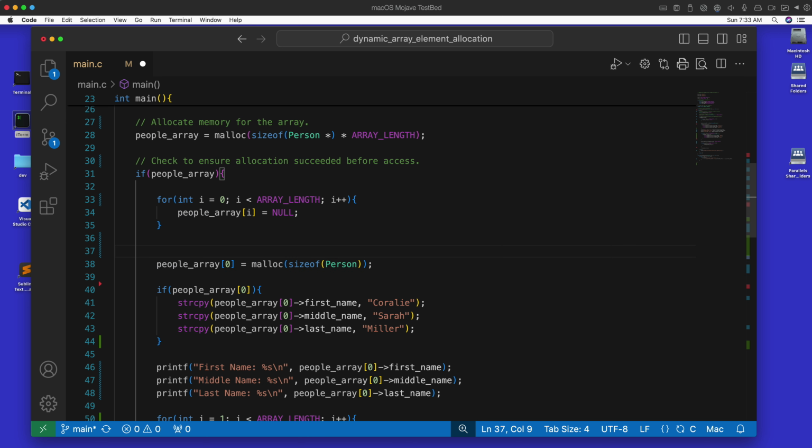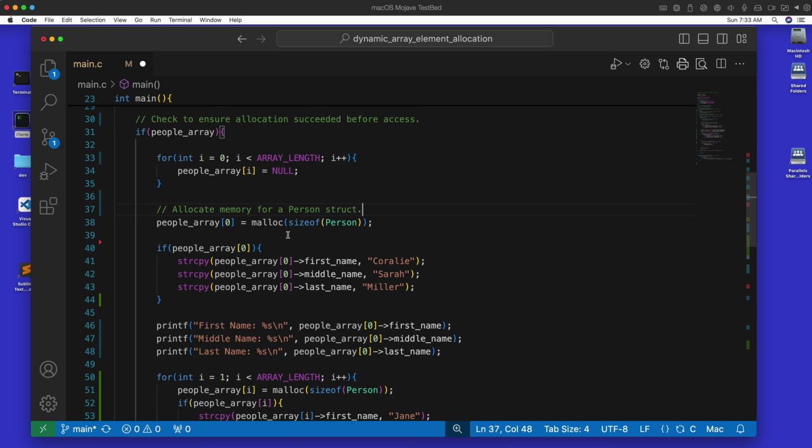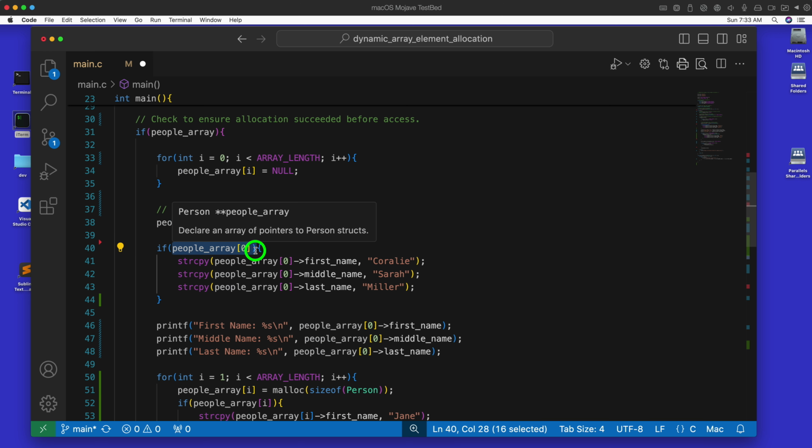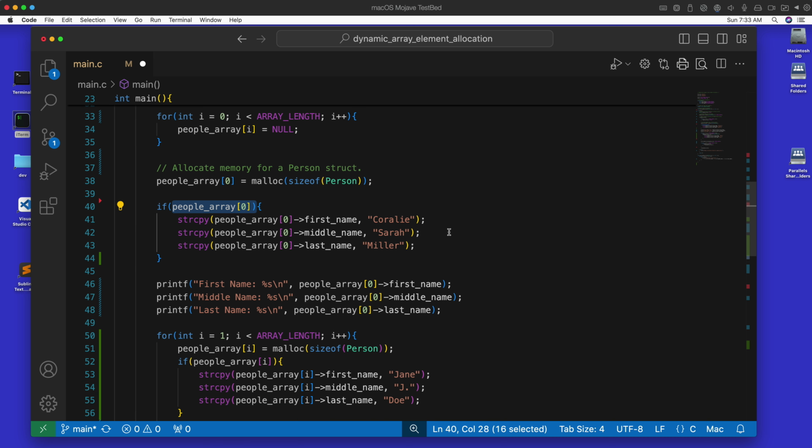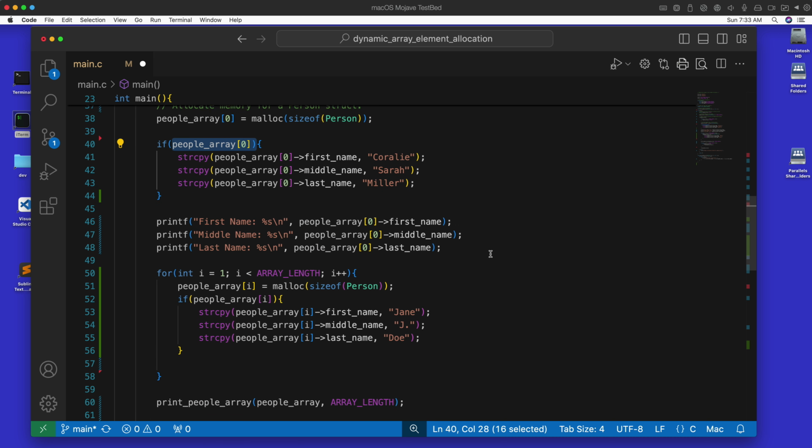I'm allocating memory for a particular person, for a person structure. Okay, and then again, like the people array, once that allocation completes, you want to make sure that it was successful before trying to access that element, okay, and setting properties on that structure. Okay,